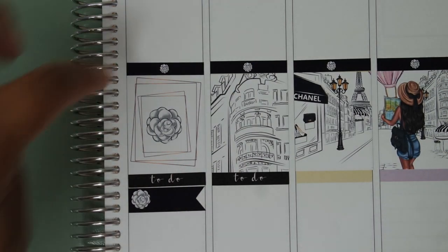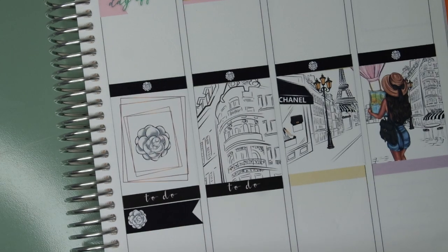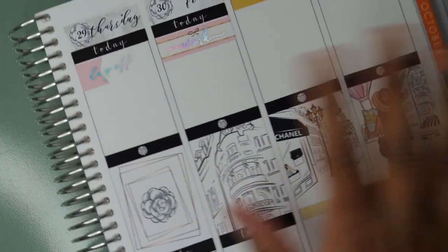Love the way this is coming out so far, and I'm glad that I used the black to bring out those pops of black in there. It's just a beautiful, beautiful kit, so I'm happy with that. All right, so Thursday, I have the day off. I'm going to spin, and then I'm going to film, because Saturday, talking about feeling better,